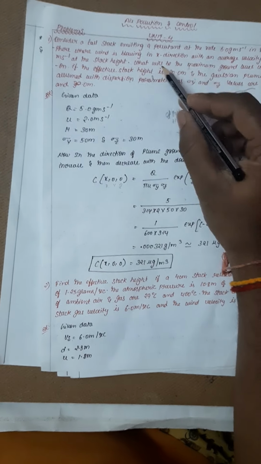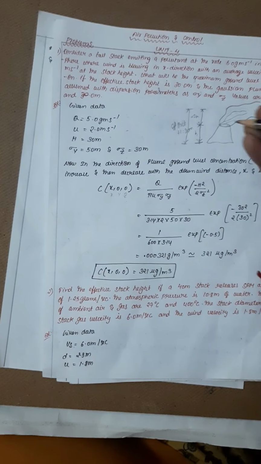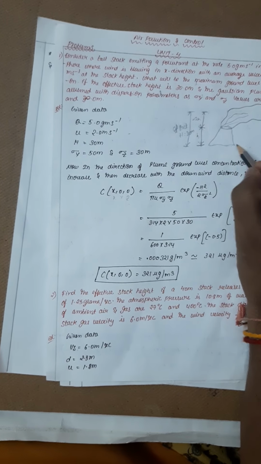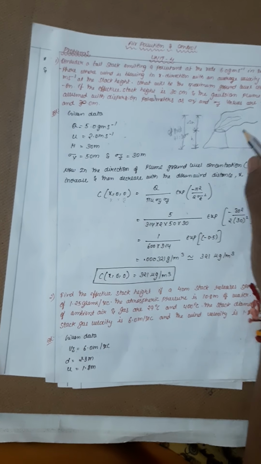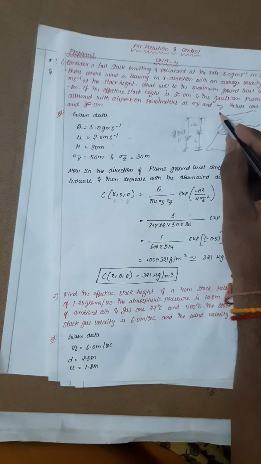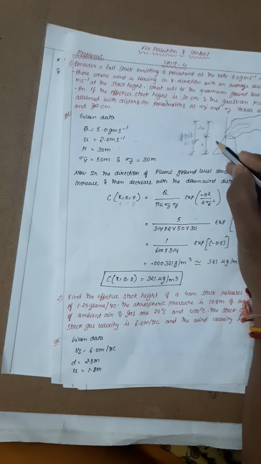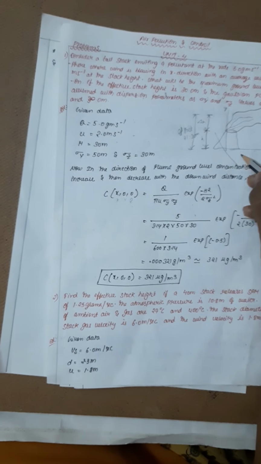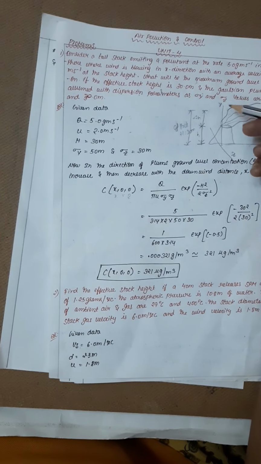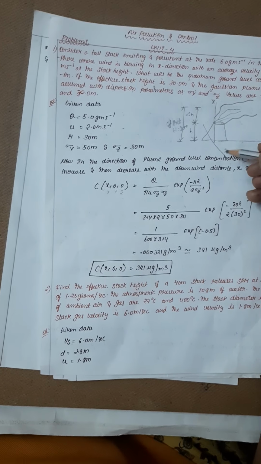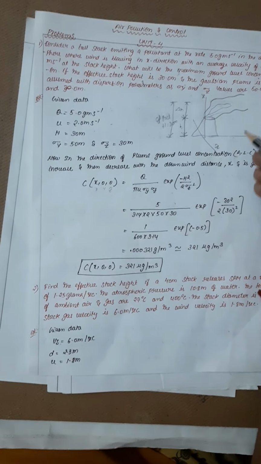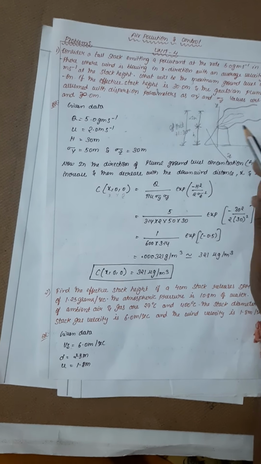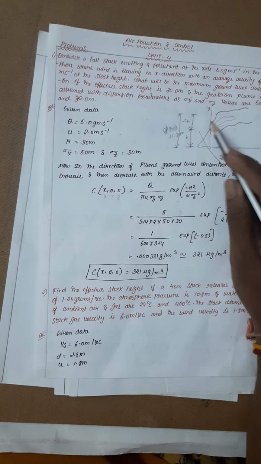Okay, so maximum ground level concentration. According to the Gaussian model, this is the ground level. Comparing to the Gaussian fume model dispersion, this will be the x direction, this will be the y and z direction, or in some authors they are defined as this being z and this being y. Ground level is along the x direction, so I'm considering only the x axis. I'm neglecting y and z, because these are 0.